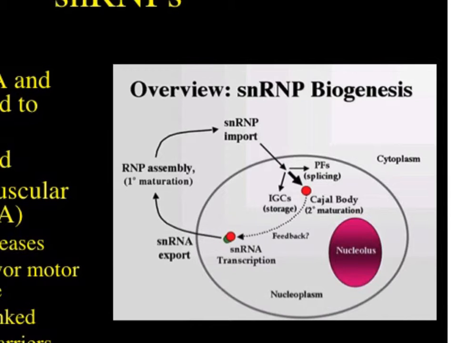But the snRNAs themselves get transcribed. They also have to be exported out in order to get with the proteins to form the SNRPs. Then they get imported back in, and these are involved with the maturation of some of the other RNAs, including this SMN gene, whose mRNA has to be modified in order to have the correct